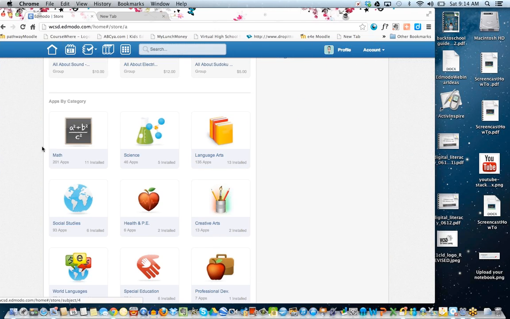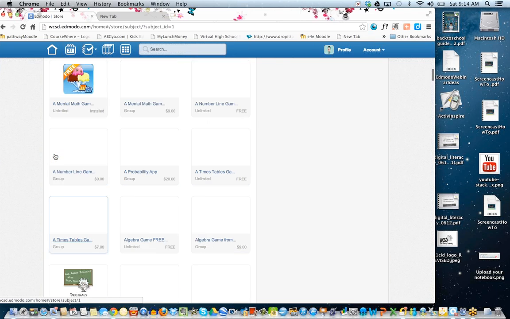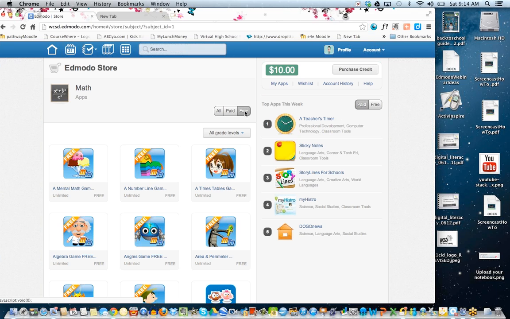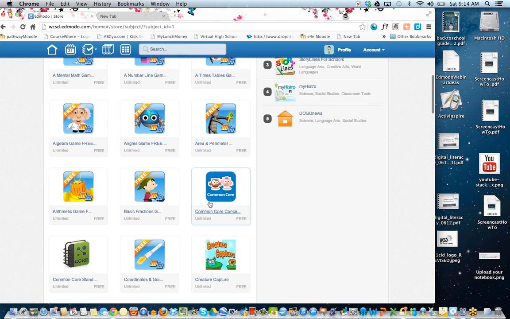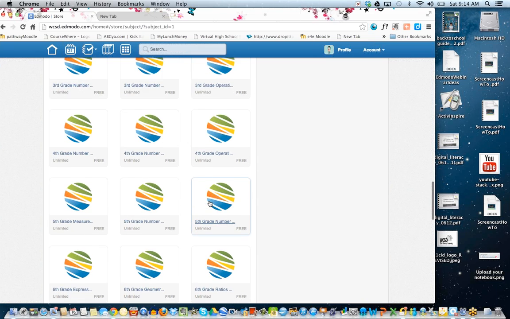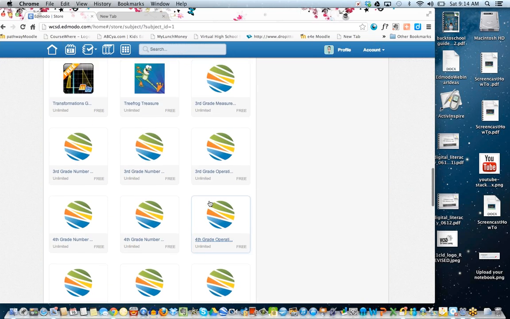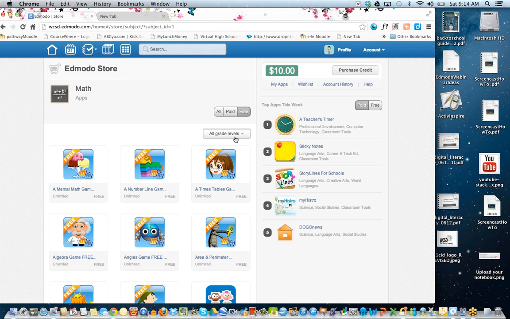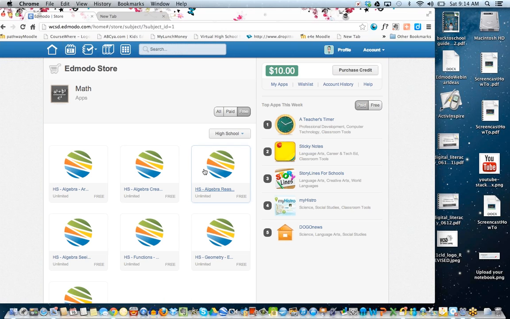So you'll want to take a moment to explore those depending on what content and what area you teach. For example, if I go into math, now I can also do some filtering if I wanted. I could search by just paid or free. And you can see there is quite a few free, which is awesome, especially these LearnZillion ones, which I will be going into in a little bit. There's quite a few paid. There's also quite a few free. And then you can also filter for grades as well. So here I've filtered by high school, and you can see they've got some LearnZillion.